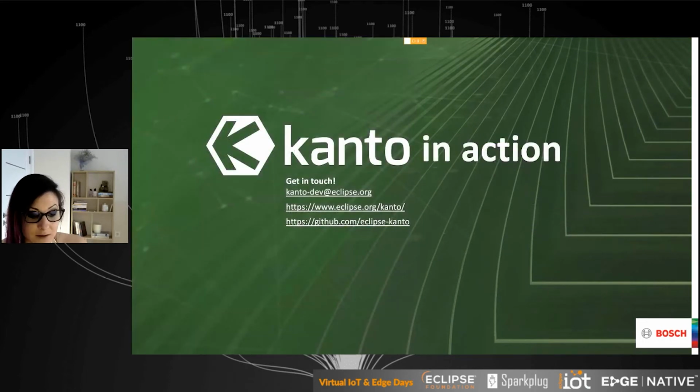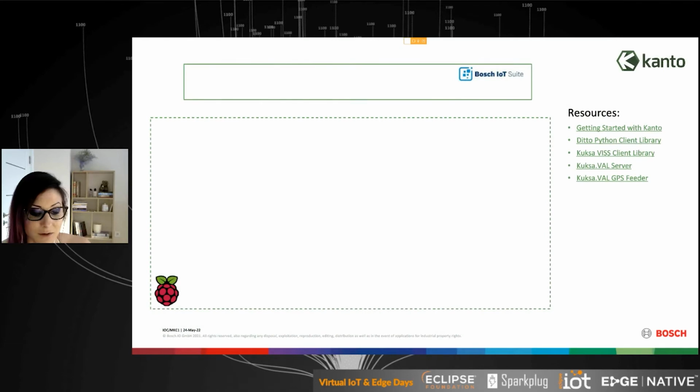And now, because we have only a couple of minutes until our time's out, let's see Kanto in action. First, briefly, I'll walk you through what you are about to see. We will be using Bosch IoT Suite as a backend because it has a nice UI, but in the end, what we will show is how we integrated Eclipse Kanto with Eclipse Kuksa for the automotive use cases.